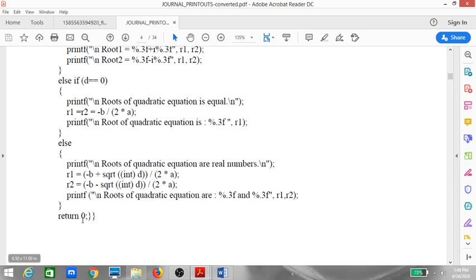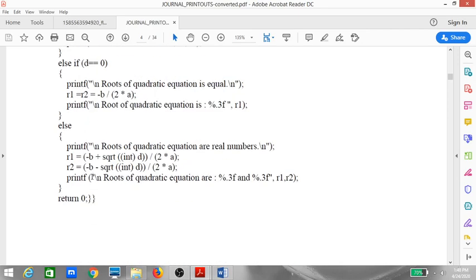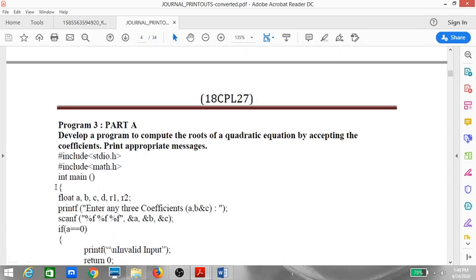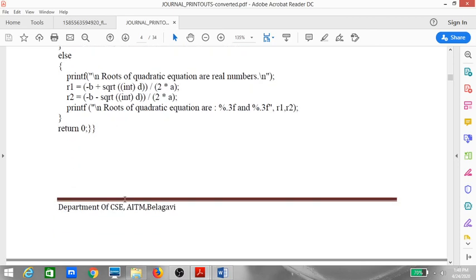So after doing this, return 0, the program will stop after return 0. This is the closing of main, this is the closing of else. The first closing is of else. Which else? Again this else which we had opened, and the second closing will be for the main function. So this main opening, we are closing it here. I hope at least a few points are clear to you all. If you are having any doubts, please feel free to ask.